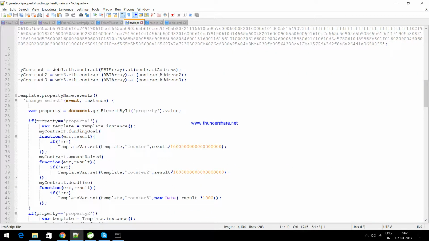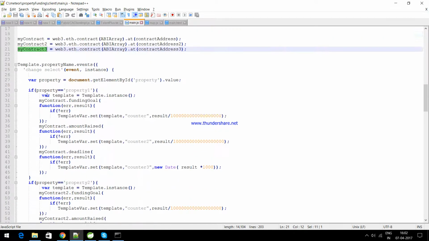After that, by using web3.eth.contract with the ABI array and giving the contract address, we can get the reference of the contract. So I have got the reference of contract 1, contract 2, contract 3,